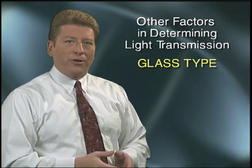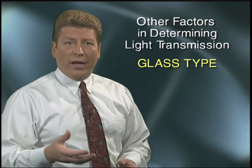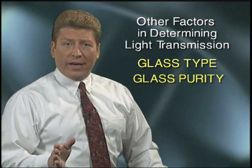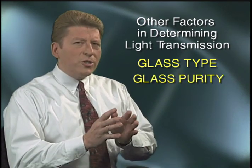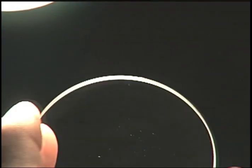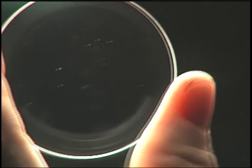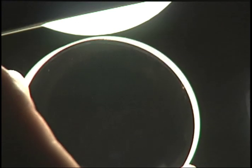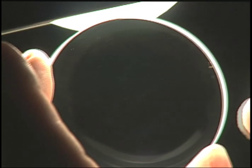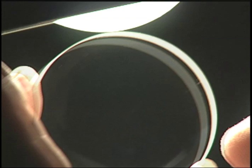Glass type must be considered. All glass absorbs a small amount of light. Different glass types absorb more light than others. Burris selects glass types very, very low in absorption factor. The purity of the glass is so important. Due to the melting and cooling process, all glass is imperfect, having inclusions or small bubbles inside the glass. Inclusions scatter light that otherwise should be transmitted right to the eye. Burris uses very high grades of glass with minimal inclusions. The higher grades of glass result in a single lens in a Burris scope costing more than some other complete